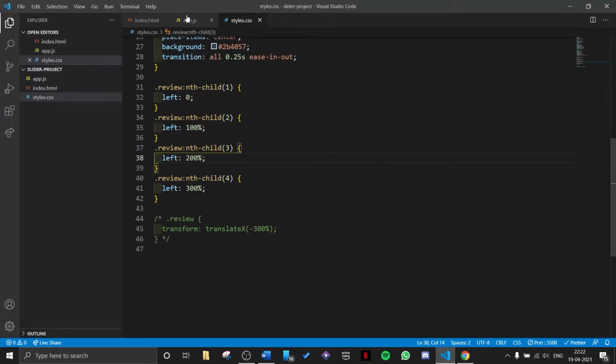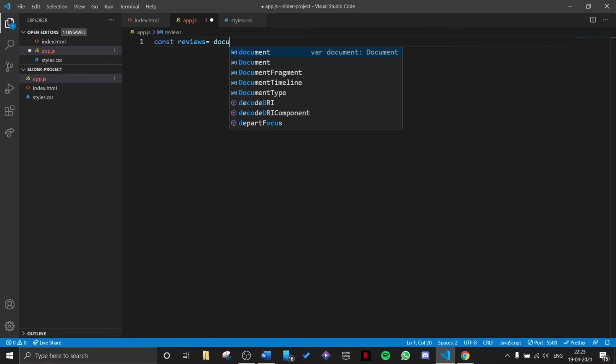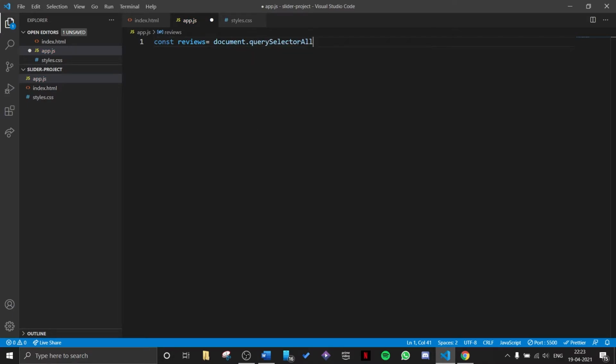So let's go to the app.js. The first thing I want to do is get all the elements I will use. So the first one is all the articles. With the class review, I will use document.querySelectorAll and target the class review.